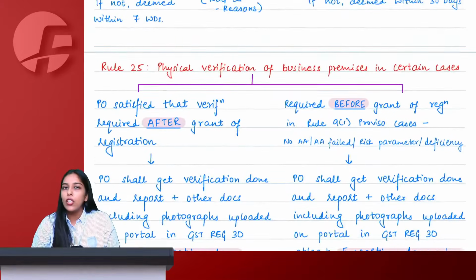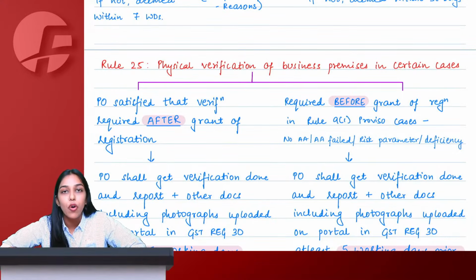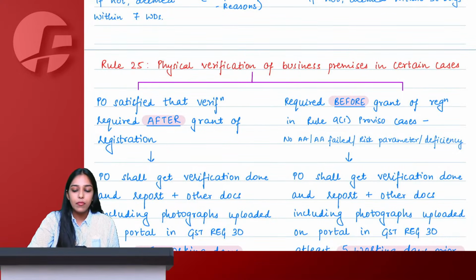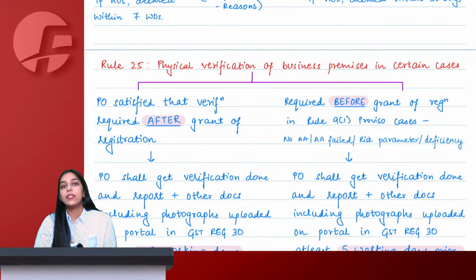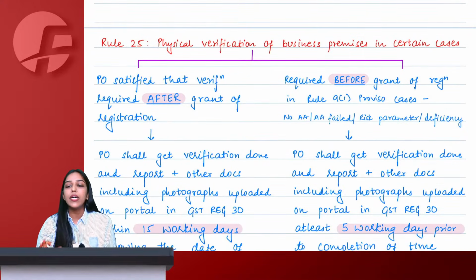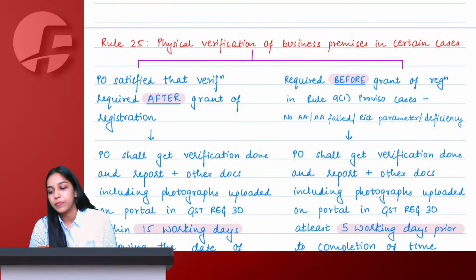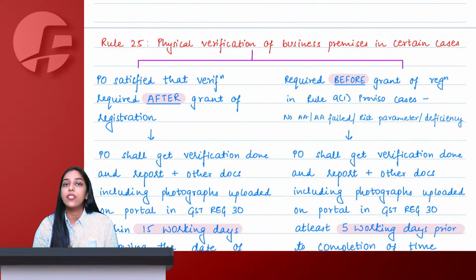Bolo yes or no. Did I actually make you learn all the time limits under procedure for registration? Bolo na guys. This genuinely takes a lot of effort. In revision, I can tell you this is not relevant for the exam and I can even skip it. But I wanted you to be confident about every single page in the book. Hence, we took 20 minutes, I guess, to learn the entire registration procedure. But now you will not have to do it on your own. Say yes. Come on.